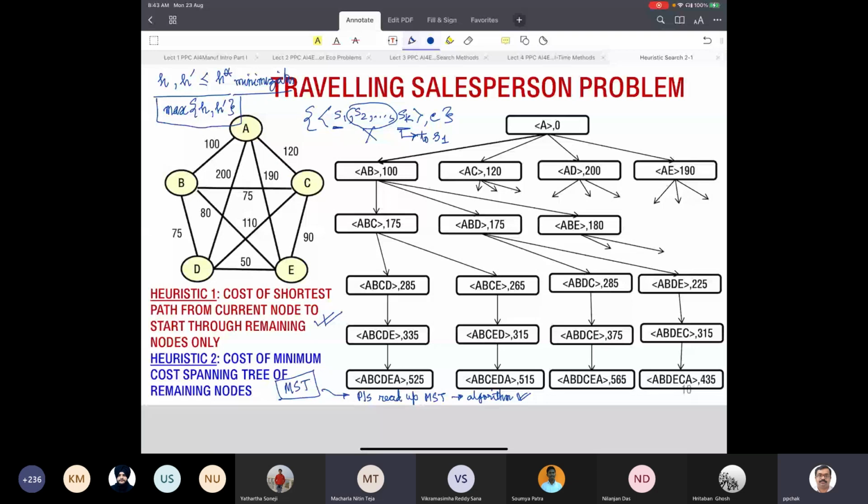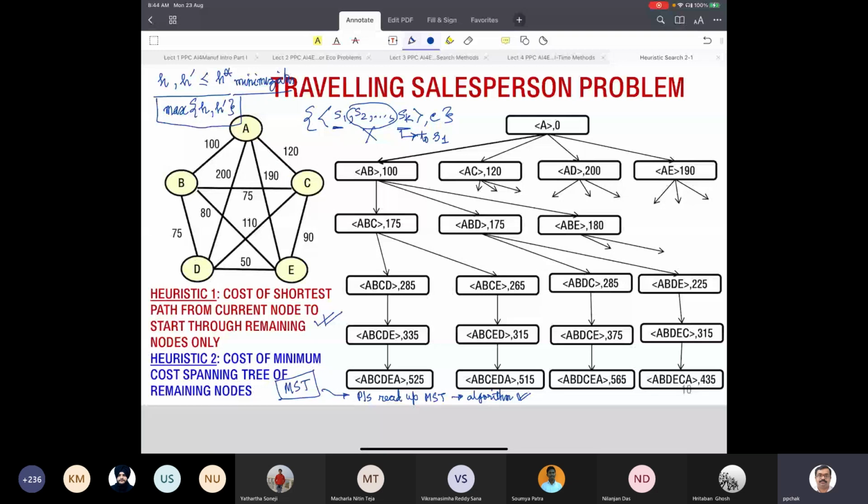So the heuristic one, you have understood what it is, right? Yes, sir. The heuristic one finds the shortest cost path from the current node to the start node through the remaining nodes. Correct? Yes, sir. Our objective is to find a path from the current node to the start node through all the remaining nodes. Correct? Yes, sir. Now, therefore, the basic shortest path